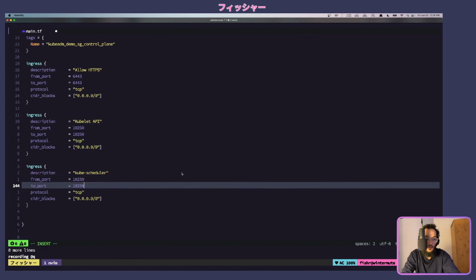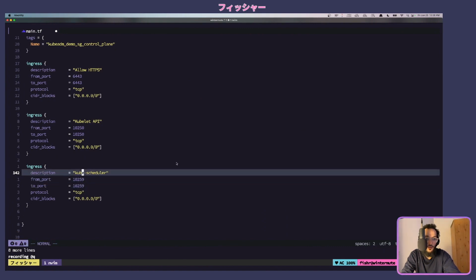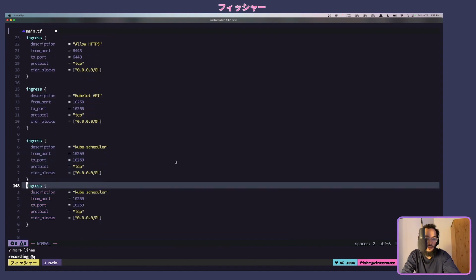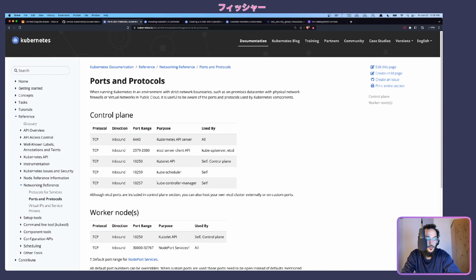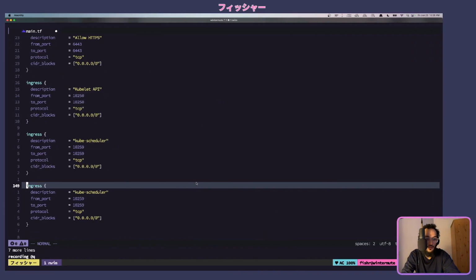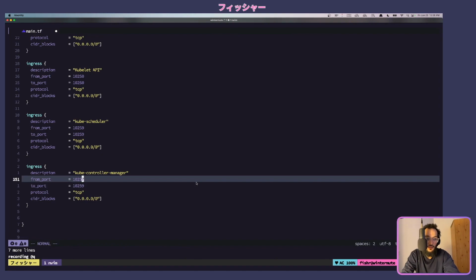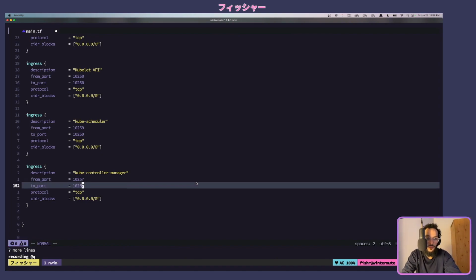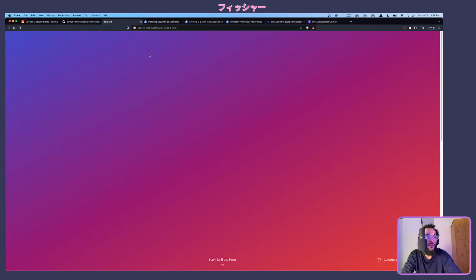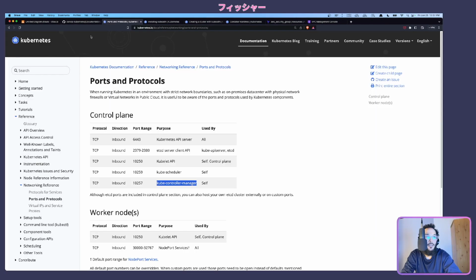259. We have got kube controller manager on port 257. 257. What's going on here? What is going on here? Boom. 250, and then we've got